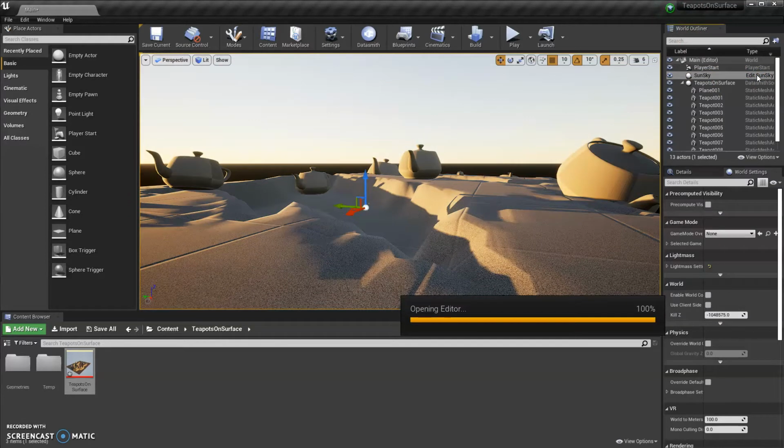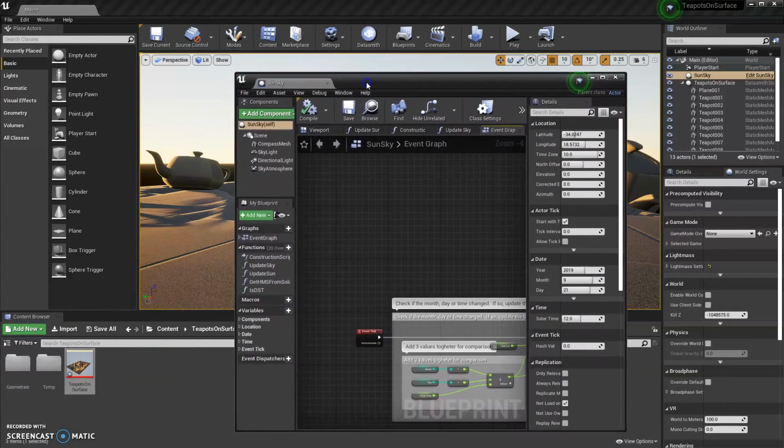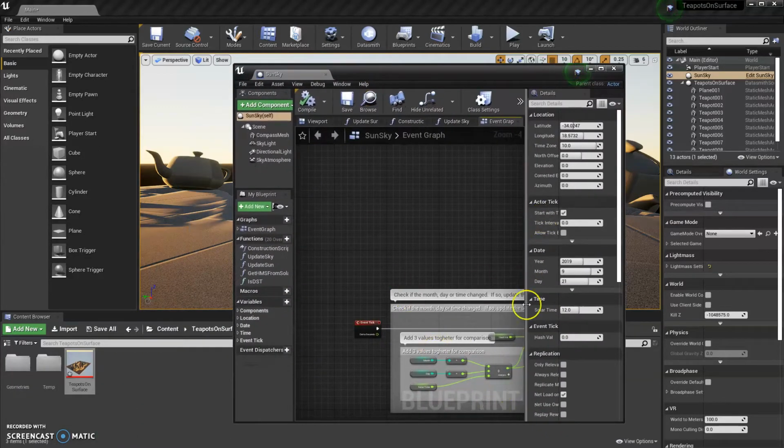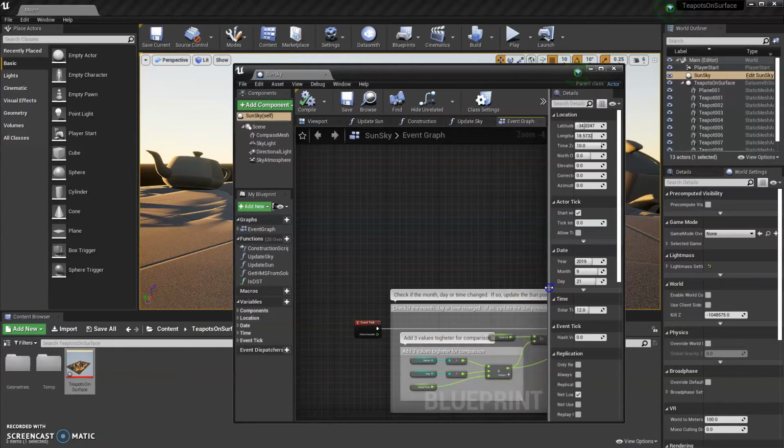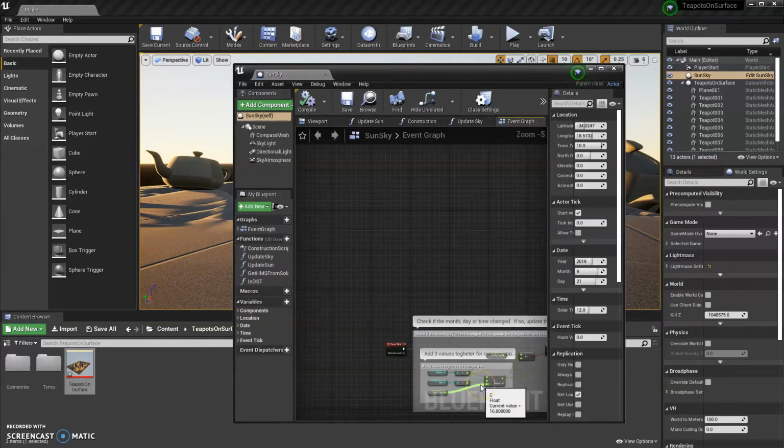If we open up the editor for the SunSky, I will bring that across here. You can see in Unreal Engine we have a similar sort of tool to what you would be familiar with in Rhino, Grasshopper. You create a whole bunch of different nodes and you can add different pieces and control things. This is a default thing that's already set up, so what we can do here is just change the latitude